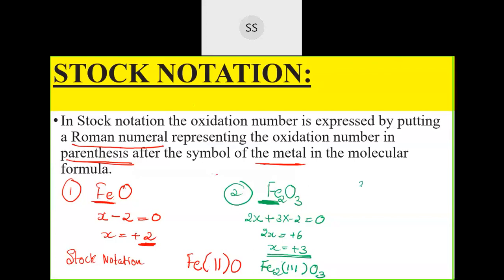Next you can try out this third one. I'm writing the compound. Once you finish these two, try out this and tell me what is the oxidation state. Here, MnO2, Mn you need to calculate. Few more examples I will give you. You take down that as homework. You can take CuI. You can calculate for the CuI. Then we have CuO. Then MnO. These three I'm giving you as homework. You can work out by yourself later.